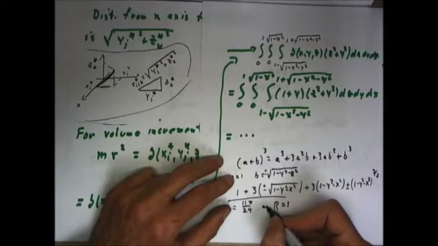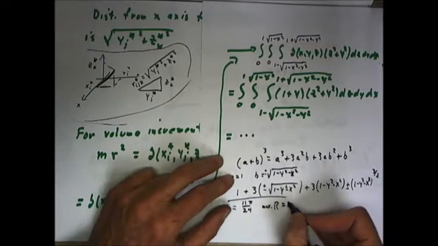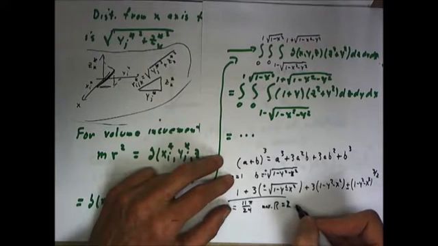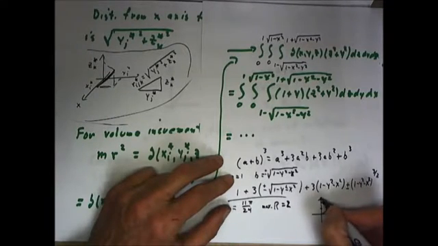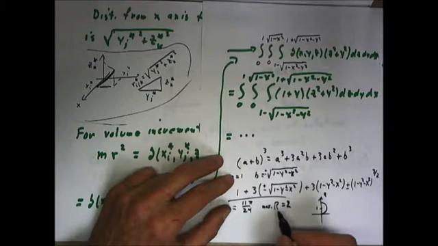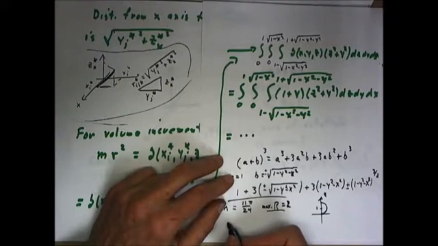The maximum that r can be for this object is 2. Remember that we have a sphere of radius 1 centered at z equals 1, so that the x-axis goes from z equals 0 up to z equals 2,